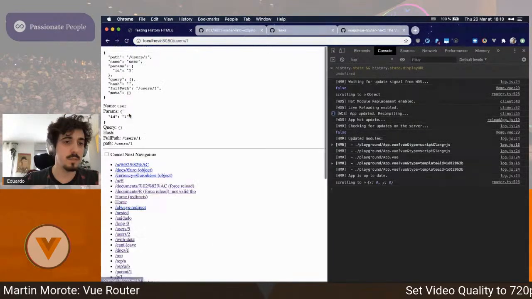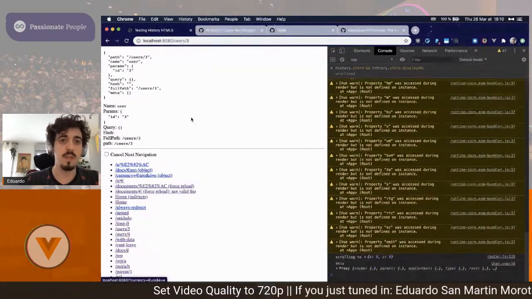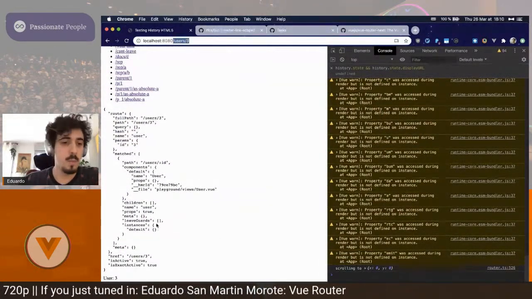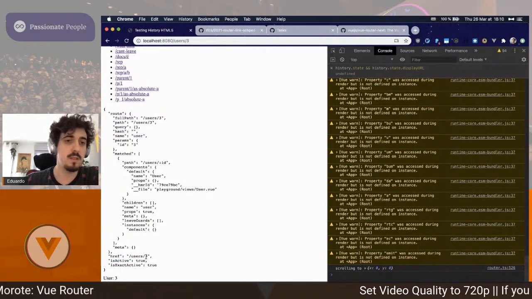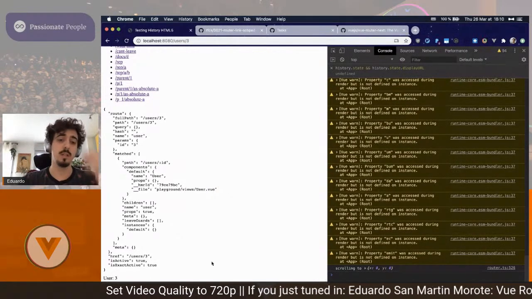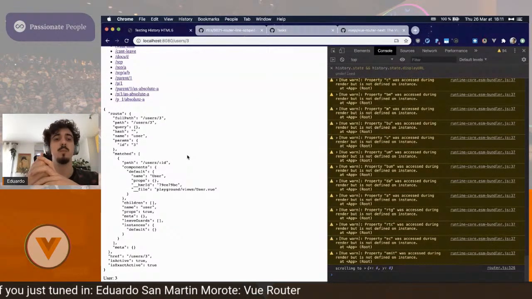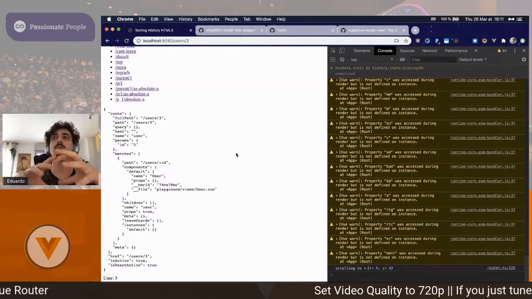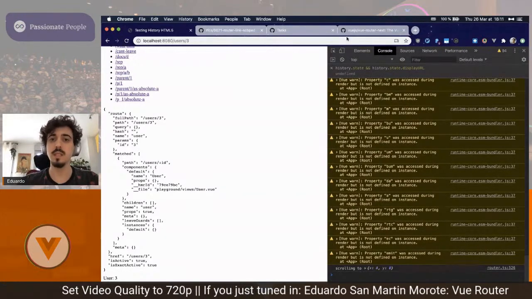But if we go to, for example, users3, so I'm navigating with some buttons, just so you can see here the URL is users3. Here you're going to see that isActive becomes true, isExactActive as well, because the URL matches this link we have generated. So this is very practical for people who want to use Tailwind and other CSS frameworks to create their own links. They can create wrappers as well to create some custom behavior around that, etc.